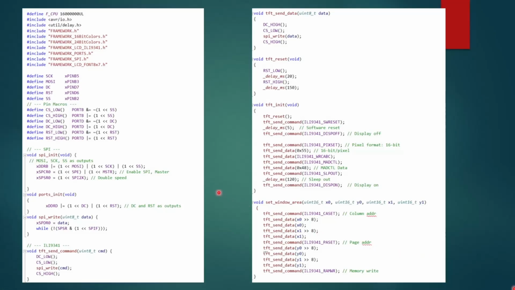So I'll start by giving you a global view, and then I'll go back and only address the new routines. So here again we have the framework we added, the 16-bit color, 24 color, and the controller ILI 9341. We have our define, we set the data command, chip select and reset, SPI init, initialize the port, SPI write, then send commands to display, send data to the display, reset the display,